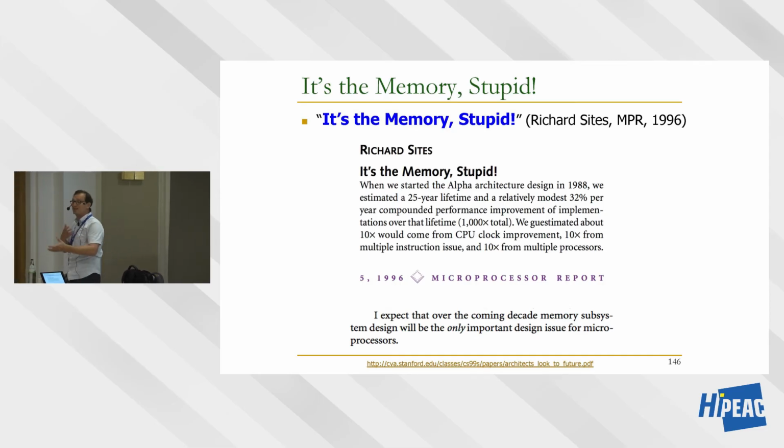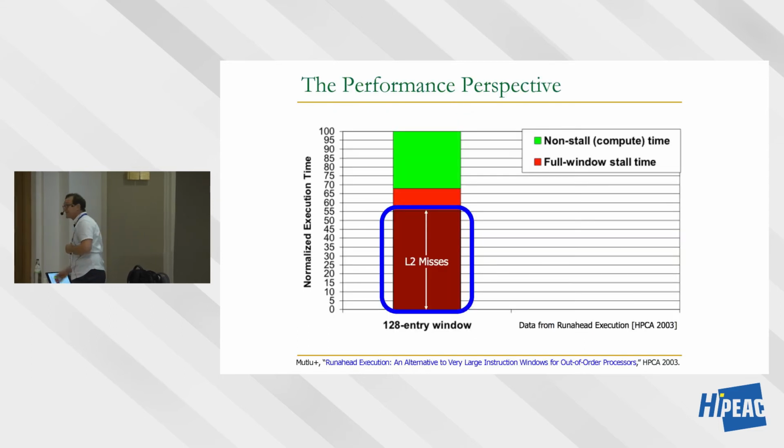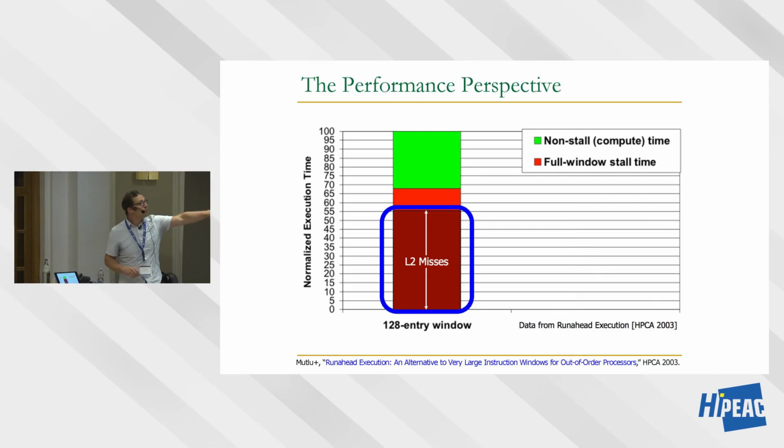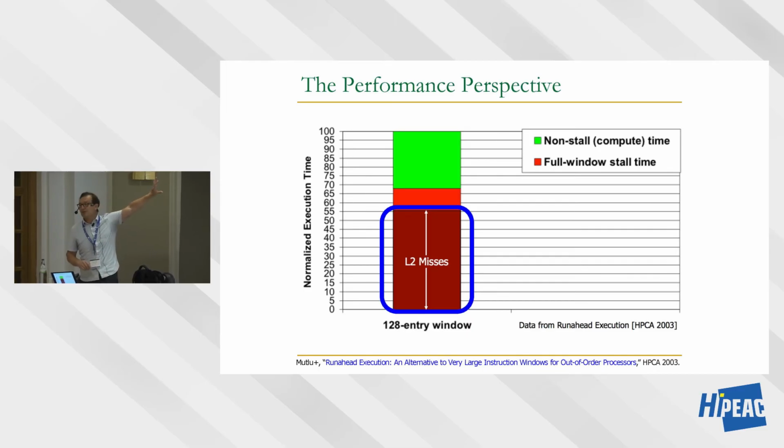That's why you're seeing a lot more effort today on changing memory hierarchies. This is data from my own PhD thesis, my first paper, run-ahead execution. I will briefly mention what that is about. We worked together with Intel, and we analyzed all of the workloads that they used to design their flagship processors, and we found essentially the same thing. Most of the time, the processor is waiting for cache misses to come back from memory. It's doing useful work only 30% of the time or so. This is an average across many workloads.